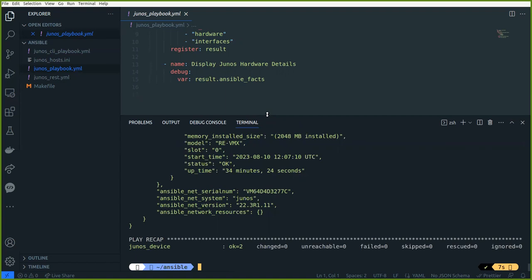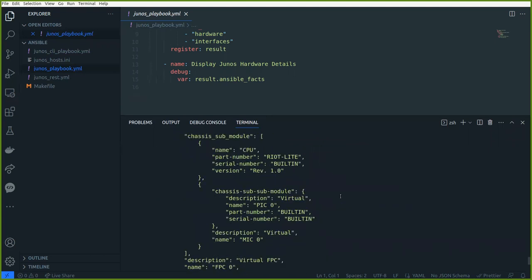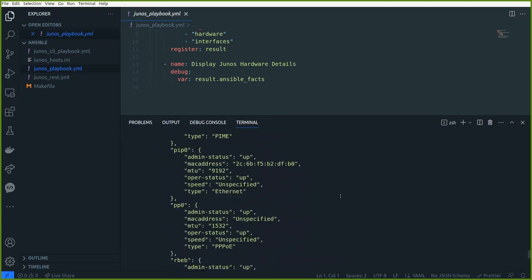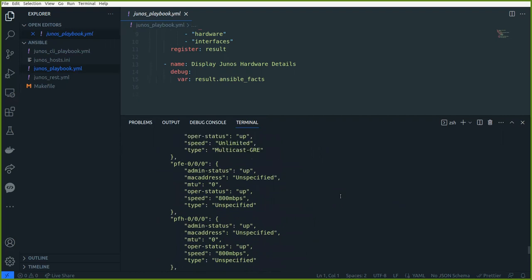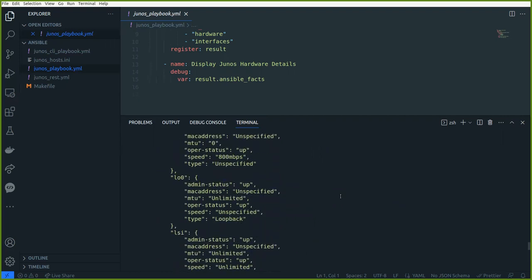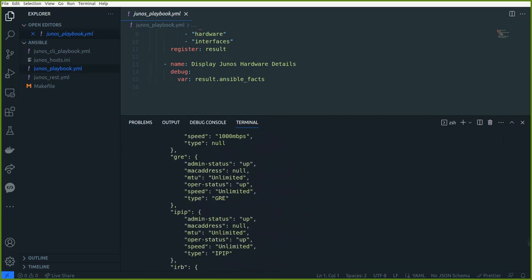Gary, actually, if you don't mind, can you also show us how we can extract this information from this output, the ansible_net_version field? How can we extract this value? How can we navigate to that particular key? It depends on where that key is. It's a long output, so it's going to be quite difficult to do that, Dewey, because what I'd need to do is take this